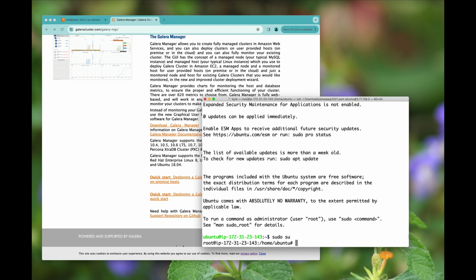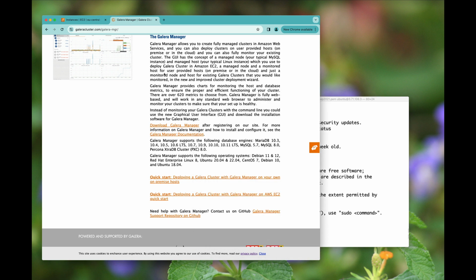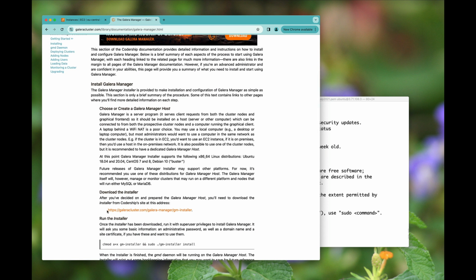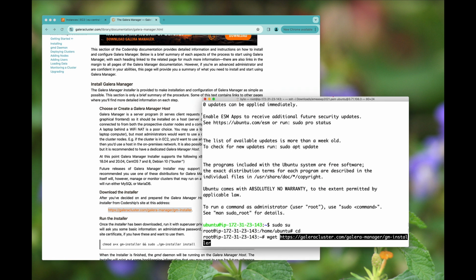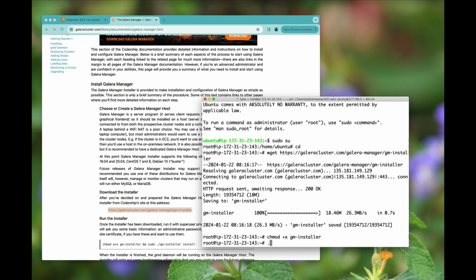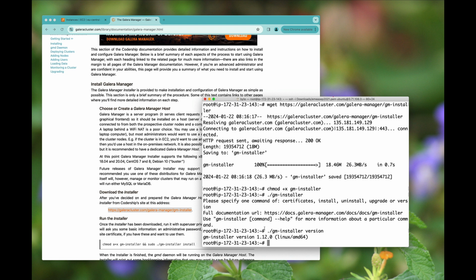So I'll become the root user. And then I will head over to the Galera Manager documentation to find this rather important URL. I'll make it executable. And I have it here already, so let me just double check. The version is 1.12.0,